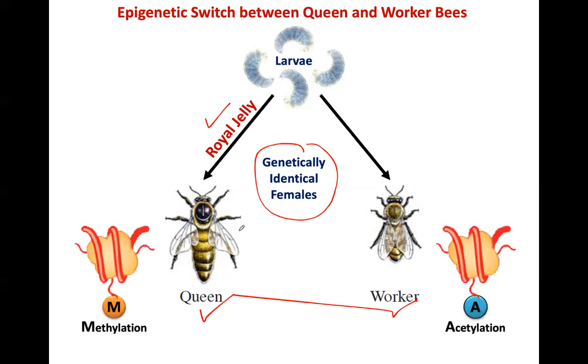لما العلماء دوروا على الاختلاف مع انهم جينيتيكلي ذا سيم، لقوا ان الهيستون تيل موديفيكيشن زي الميثيليشن اللي بتيجي على هيستون تيل معين بتؤدي لظهور الكوين مورفولوجي، لكن لو الهيستون تيل موديفيكيشن عليها اسيتيليشن دي بتؤدي لظهور الوركر. يبقى المثل ده واقعي جدا في ايه؟ ان although برضه genetically these are the same individual لكن morphologically they are different due to the effect of the epigenetic mark. فهمتوا المثل البسيط ده ولا لا؟